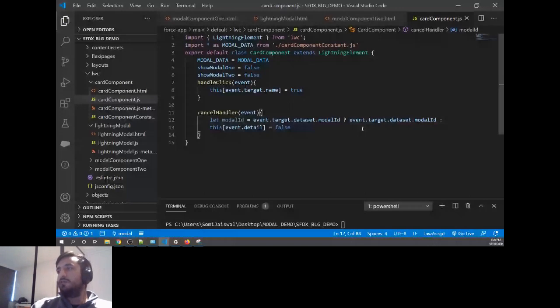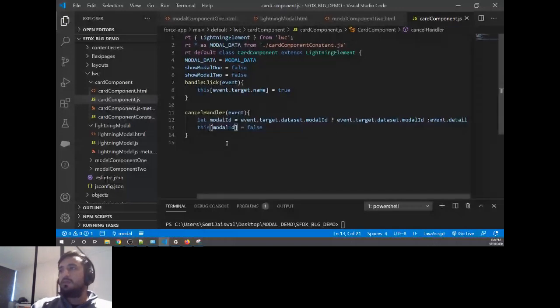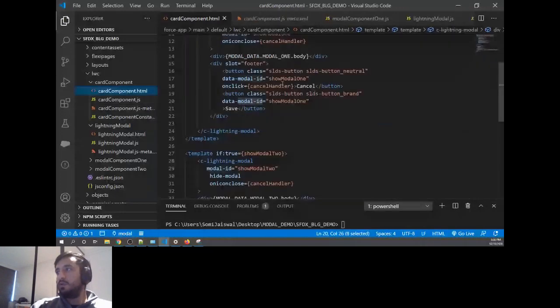So this gives you the freedom to differentiate whether it's coming from the button or coming from the child. And I'm going to use this modelId. So now you have the button that has the cancel handler, so you're able to cancel your model, and you already added it here as well. I'll just wrap this up a little bit.